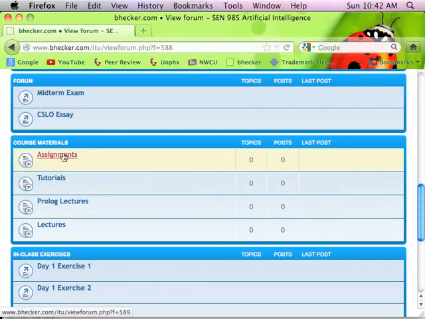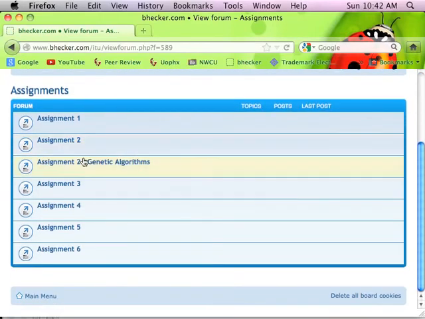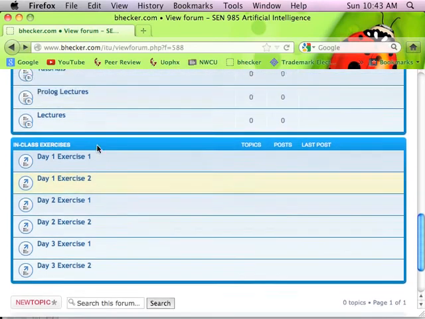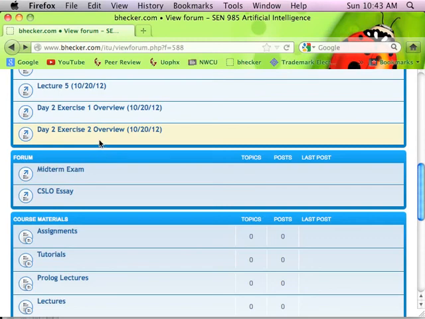In the assignments category, you'll see this lecture here called Genetic Algorithms. This is the one I'm going to go over next. So this is where we're going to find the materials for the lecture that I'm going to go over. And the rest of them I have covered through the other lectures. So this is the only one that's kind of separated out, so that you can find it quickly. Because you'll probably want to look at it again in terms of what you need to do for that assignment. So, questions about the assignments that are due? All of them are due before November 8th, which is the second weekend.